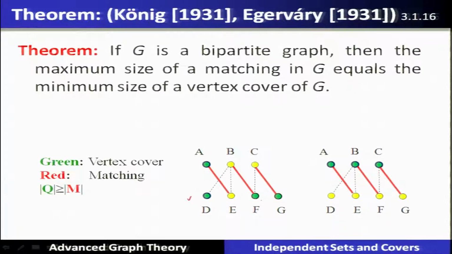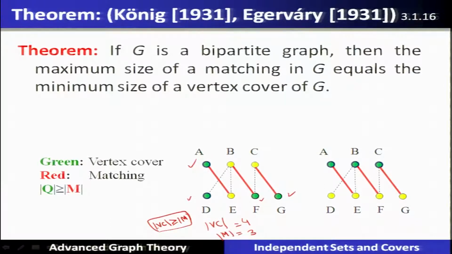wherein the vertex cover is denoted by the green color vertices. Here the size of the vertex cover is 1, 2, 3, 4 in this figure, and the matching is represented in red color, that is 3. So, the vertex cover size is greater than or equal to the maximum matching. So, we are going to see this particular relationship between the vertex cover and the maximum matching